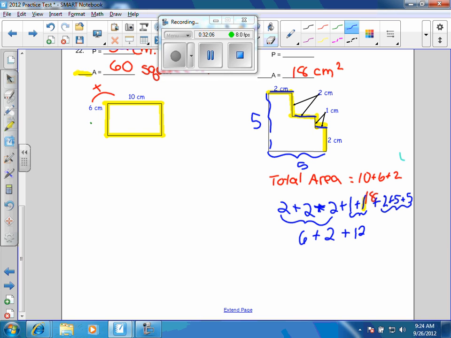12. So when we add 6 and 2, Michaela, what do you get? 8. And 8 and 12? I lost one of those. Yeah, 8. No, 16. Add 8 and 2 first. 8 and 2 is 10. So 10 and 10 make, 10 and 10, so 8 and 12 is 20. Oh. 20 centimeters. Okay, so I'm going to pause that